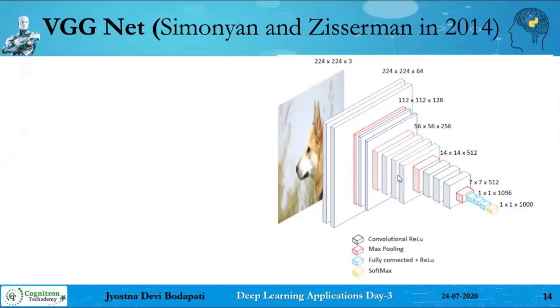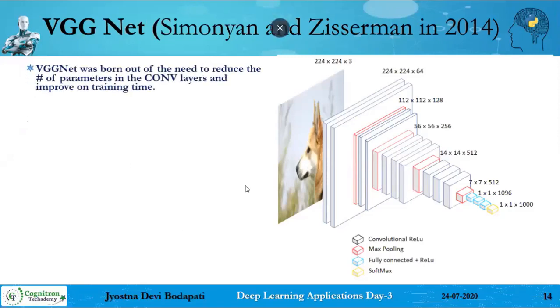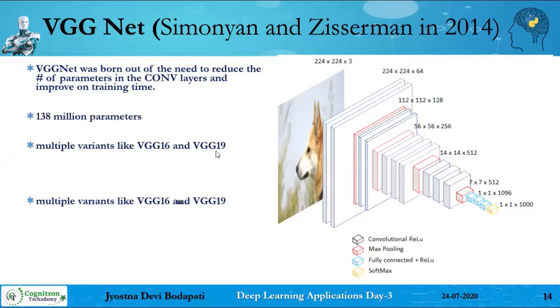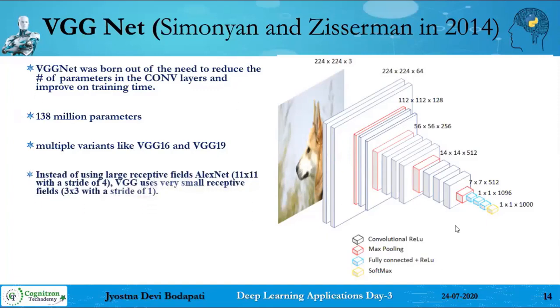And then VGGNet was introduced in the year 2014 by Simonyan and Zisserman. VGG stands for Visual Geometry Group. It was designed by a group of people, and there are certain variants: VGG16 and VGG19. The number of parameters is 138 million. Actually, they wanted to increase the number of layers in their model, because when AlexNet was introduced, the number of layers was only 8. With 8 layers itself, they could manage to top the leaderboard. So these people wanted to increase the number of layers, thereby getting better improvement.